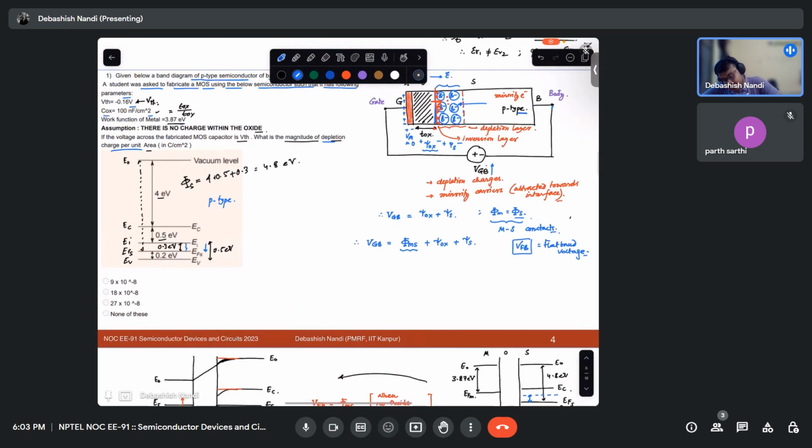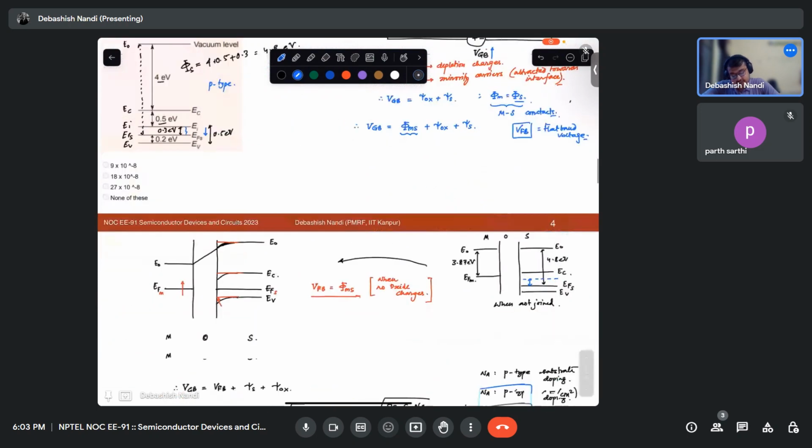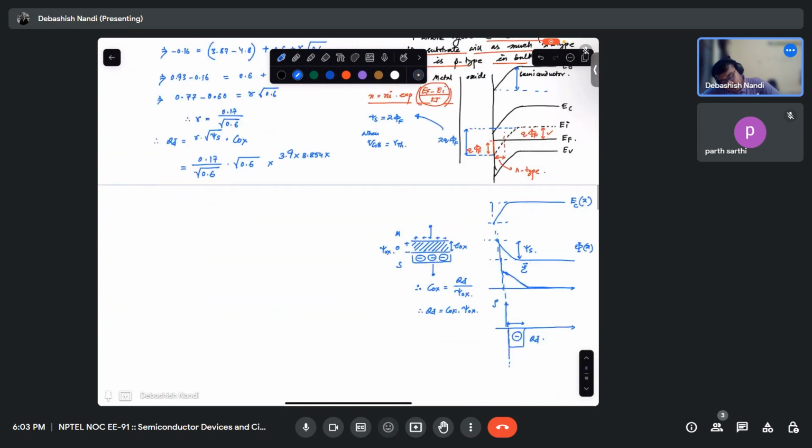Yeah, Cox is given, 100 nanofarad per centimeter square. So it will be your 100 into 10 to the power minus 9 farad per centimeter square,